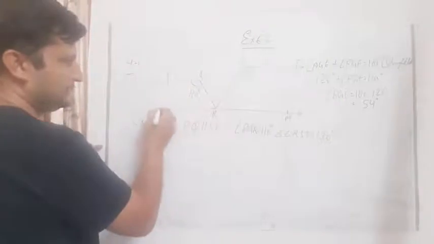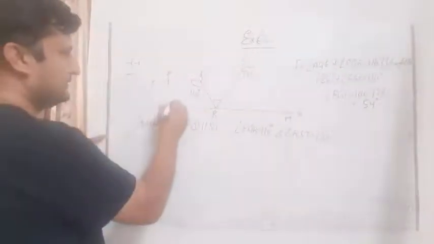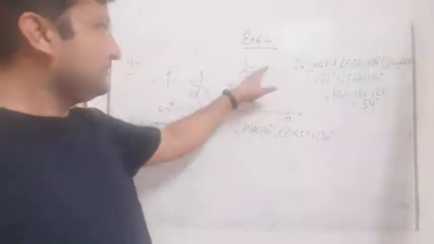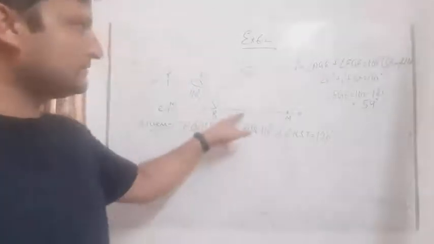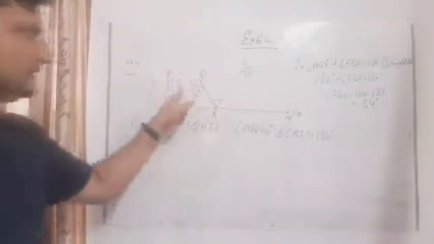We can increase it here also. Suppose this point is N. Students, I have told you earlier that if these two lines are parallel to each other, and I am constructing these two lines, these are also parallel to each other. So all these three lines are parallel to each other. So we can say that this is the construction part.